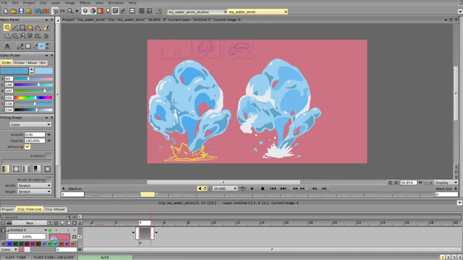Add some shadows here. Limit the highlights here.